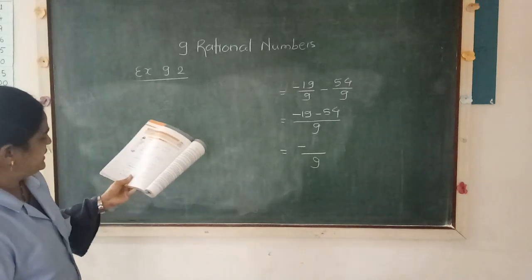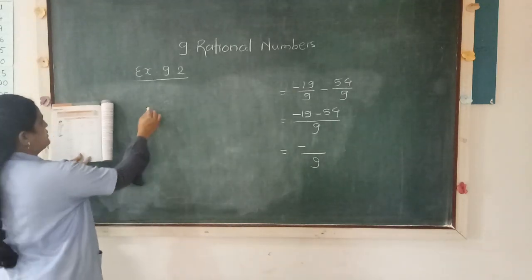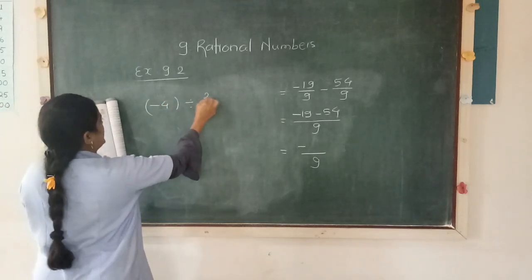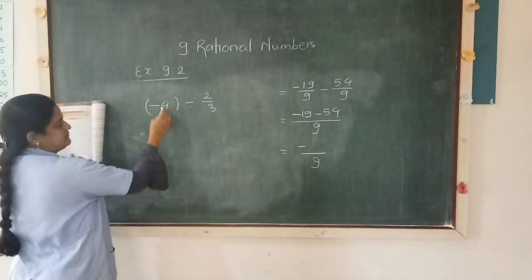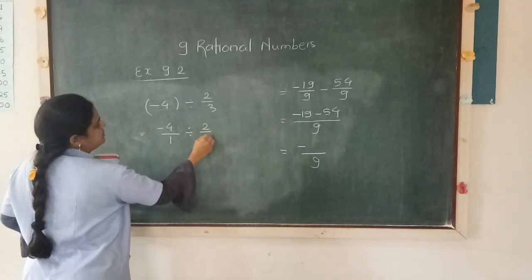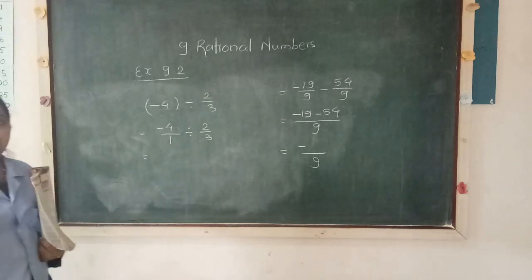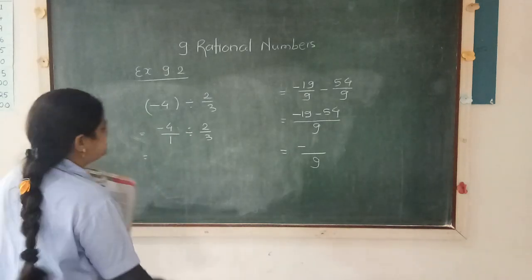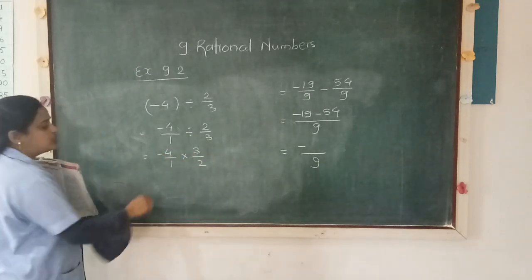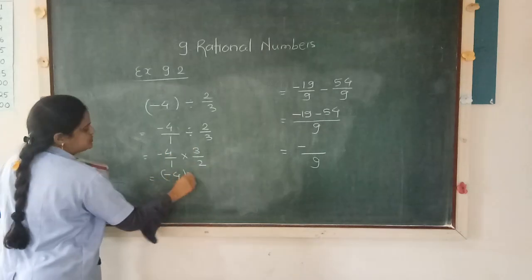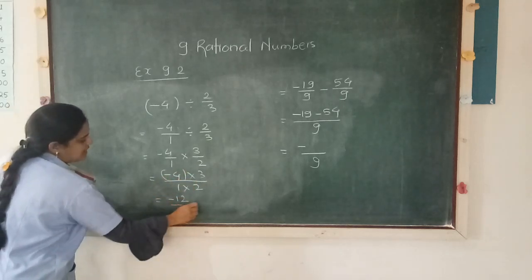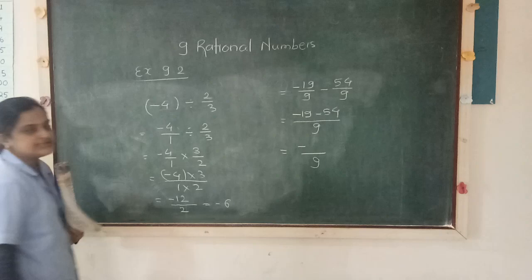Rest all are easy. I need not explain the product. Then find the value of, they have said question number 4 of that. Find the value of minus 4 divided by 2 upon 3. Now, as I have taught you before, minus 4 can be written as minus 4 upon 1 divided by 2 upon 3. Then we have studied dividing by a rational number is multiplying by its reciprocal. And so, minus 4 upon 1 multiplied by 3 upon 2 it will be. Now product of numerators as a numerator and product of denominators as a denominator. So, it will be minus 12 upon 2. And so, the answer will be minus 6.